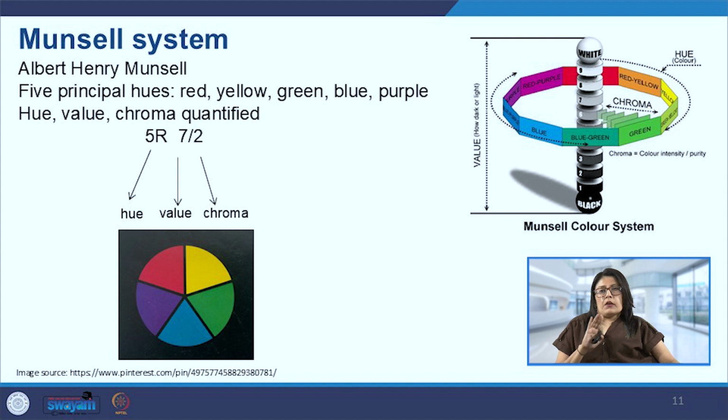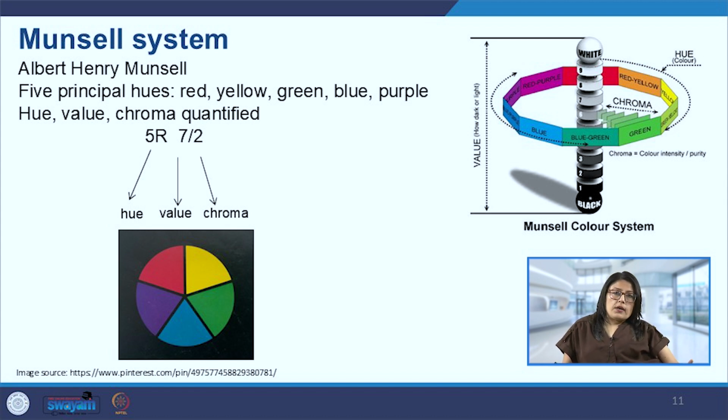So you can see that when we create all of these radiating colors, and also the north pole and south pole, we will come up with a sphere. So this is what Munsell created, and the nomenclature that he gave was that the pure hues had a number. We can see in the diagram on the left side the code 5R7/2. So 5R stands for hue, 7 stands for value, and 2 for chroma.